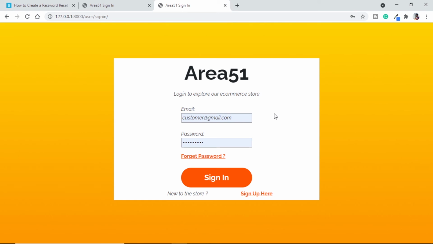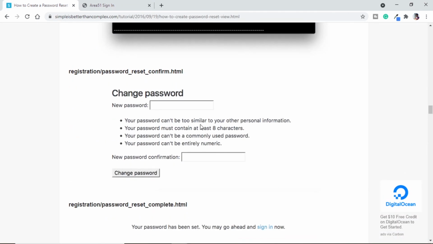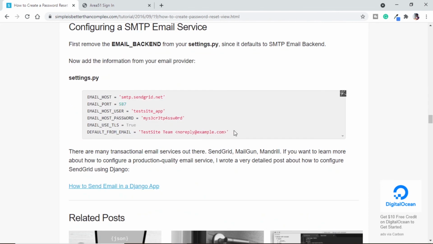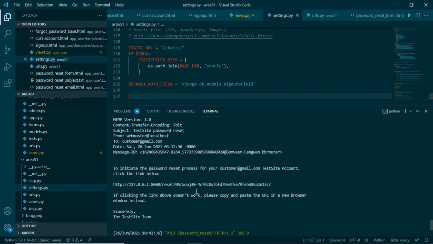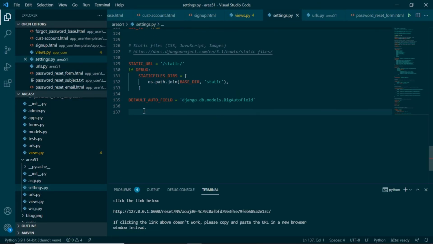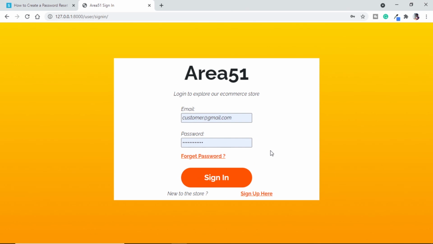But if we are going into production, we need to provide our own email backend. For that, in our blog, if we scroll down, he showed how to put the email configuration in settings.py. So we will copy all of this in our settings.py. At the bottom, we will paste this, and these things we have to take it on our own, like whatever service provider or email provider we are using, we can put details from there and it will be working. So this is how we can recover our password or change our password, and I think this is a good point to conclude the video.